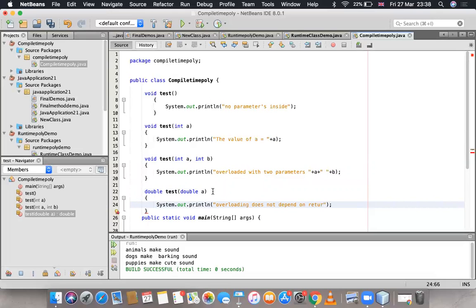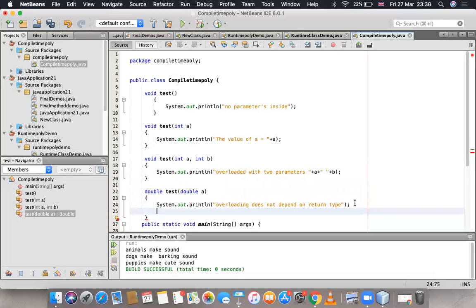Overloading does not depend on return type. And then return a star a, return a star a semicolon.